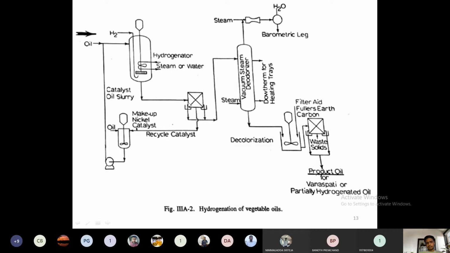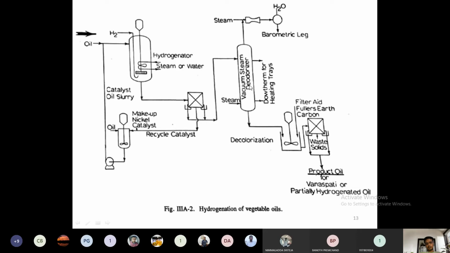into the cooler. Then it will be cooled off and filtered. After filtration, the obtained solids, which are nothing but the nickel catalyst, will be recycled back to the tank, in which it will be mixed with some oil and then fed back to the reactor or hydrogenator. Whatever liquid phase oil is obtained will be sent to the vacuum steam deodorizer,